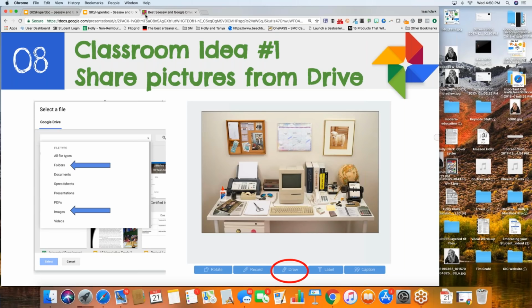You can also go out on the web and maybe make a collage, save it in Google Photos, and then bring that back up. So it's this beautiful thing. And I think actually Google Photos has been my favorite part of Google Drive and Seesaw. Because we're kind of